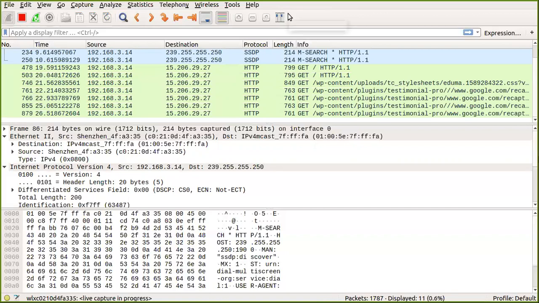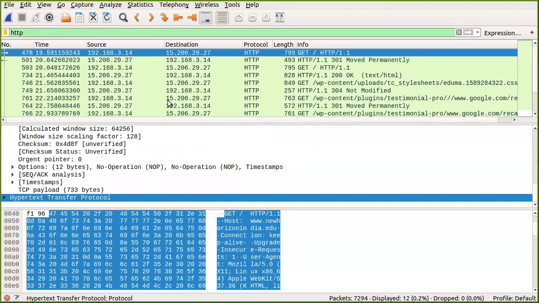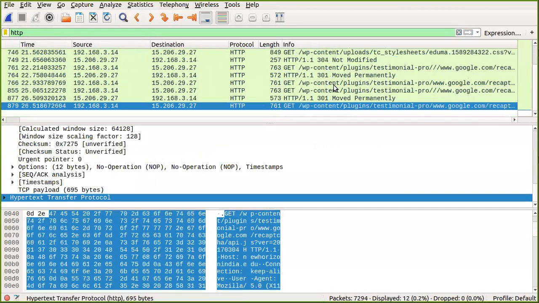page is getting loaded, you can actually see a lot of commands, or packets, which are getting captured, right? So the page is now completely loaded, and once a page is completely loaded, I'm stopping the capture. Now in the filter field, you just give it as HTTP. You will have all this kind of packets which are being captured. So now let us analyze a few of the packets which are being captured.